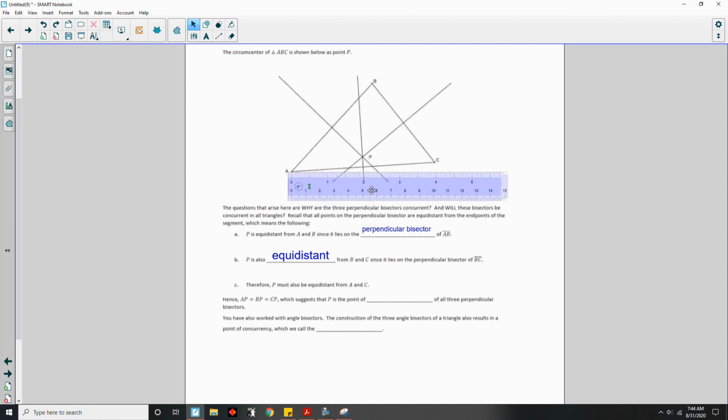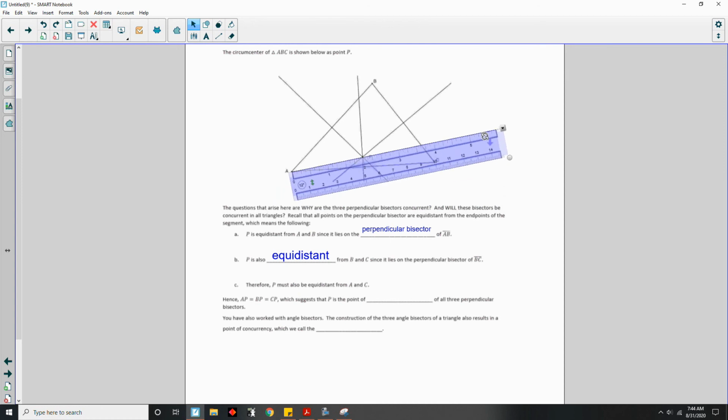I'll have to do it with the ruler because I can't rotate those without changing their lengths, and that's what I'm trying to do here. So what I'm going to do is draw a line segment, or I could just take my ruler and measure all these lengths, but if I take a line segment and draw it from A to P, like so,